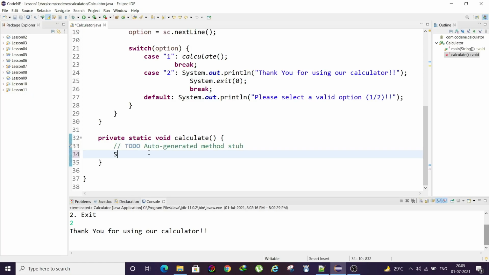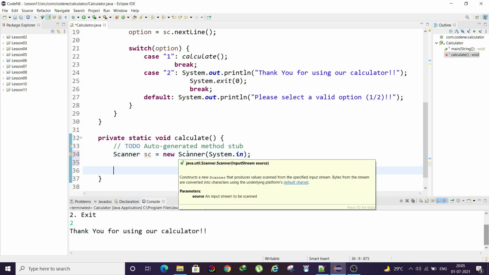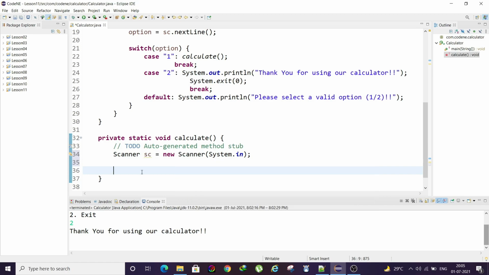So here also we need to take input from the user, so we need to create one Scanner object. This will be System.in. We have already imported the Scanner class, so this time there is no error. As I explained the concept before, we need to take the first number, then the operator, then the second number.